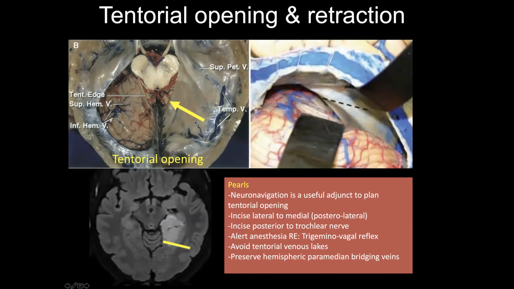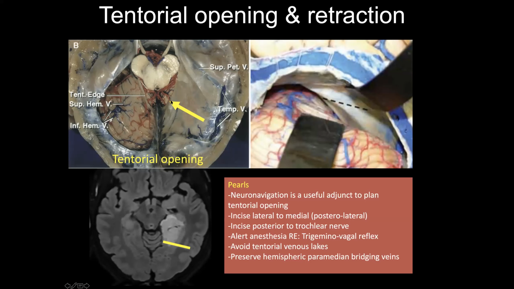There's several ways: T-shaped incision or resection of the tentorium. I've been using just a linear opening of the tentorium. Neuronavigation is extremely useful at this step. You want to open the tentorium from a lateral to a medial direction, extending from about the mid portion of the tentorium, extending medially to the free edge. And your goal is to really extend medially as far posteriorly as you can towards the confluence of the sinus, the vein of Galen, but of course without risking those structures, keeping at least a couple millimeters away.